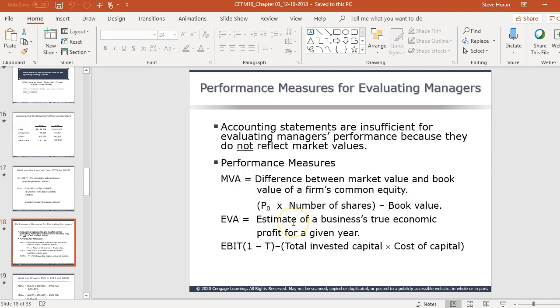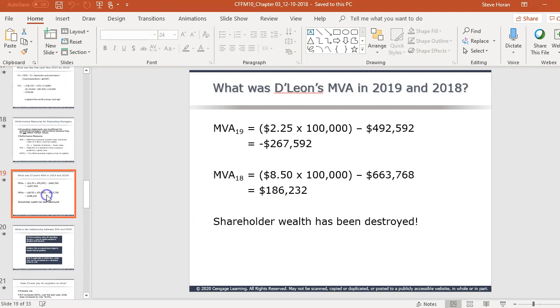EVA is economic value added. And book value, got ahead of myself. Book value, let me say that right. Book value is what the equity is on the financial statements, on the balance sheet. That is book value. EVA is an estimate of a company's true economic profit. And the way you figure that out is you take the EBIT number after tax affected, times 1 minus T. You subtract from that invested capital times the cost of capital. So that's the formula for that. So again, a couple more formulas here. Jot those down, just make sure you have them with you as you do some of your homework for